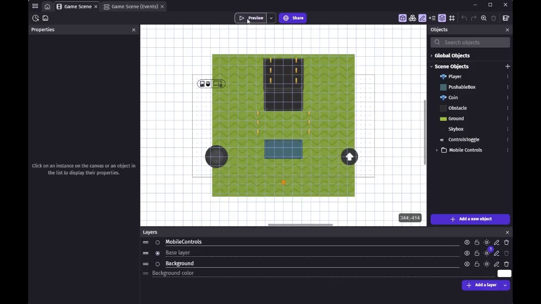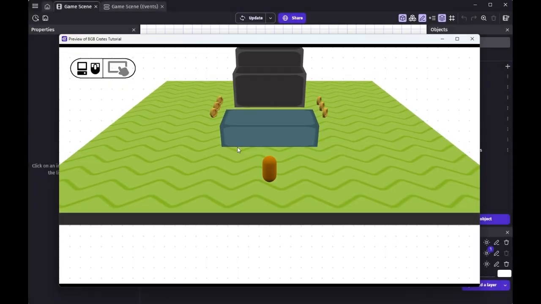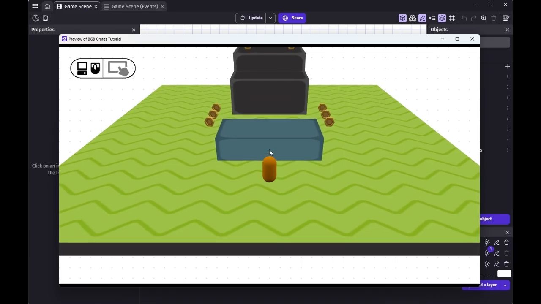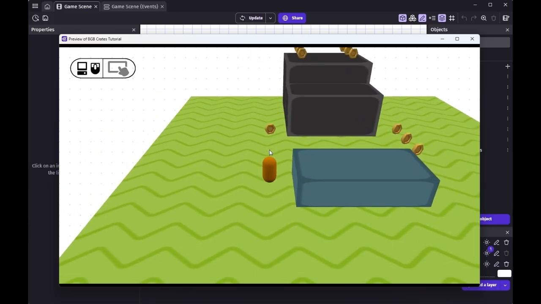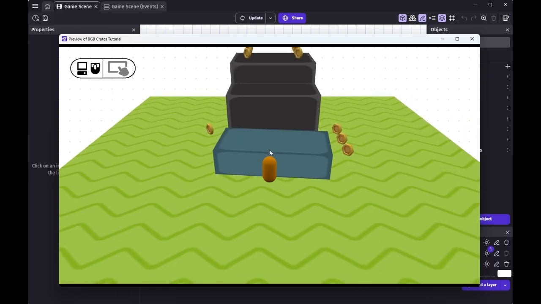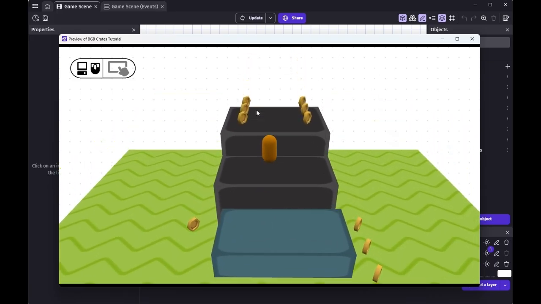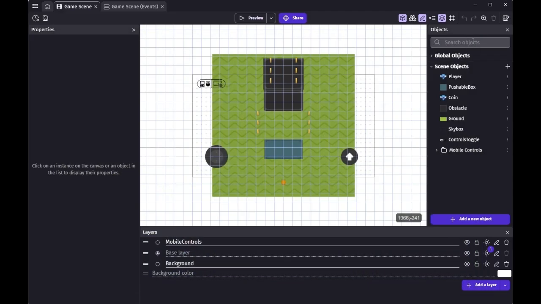You can see here there's already a game built. We'll preview that to play. You can use WASD and spacebar to jump. And as you can see, the game has some coins. It has a pushable block. You can push it to get up there. Very simple. So we're going to add a few crates to this game to show you how you can liven